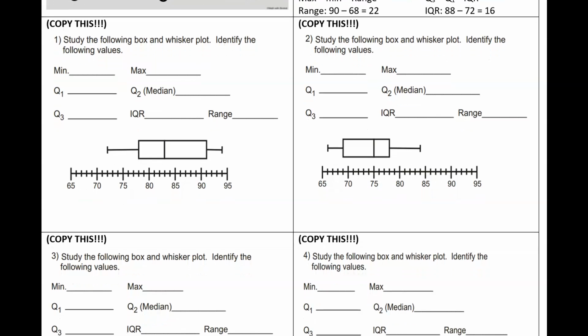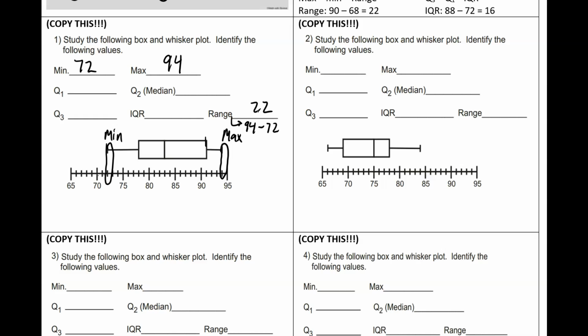All right, so our minimum, that's our smallest number. It's going to be right here at 72, it looks like, right? So that's 70, 71, 72. So that's your minimum. Our maximum, that's next. It's going to be right here, right before 95 at 94. This is our maximum, right? So that's 94. So right away, if I know my minimum and my maximum, I can figure out my range, right? Because that's how I find my range: do the biggest number, 94, minus the smallest number, 72,